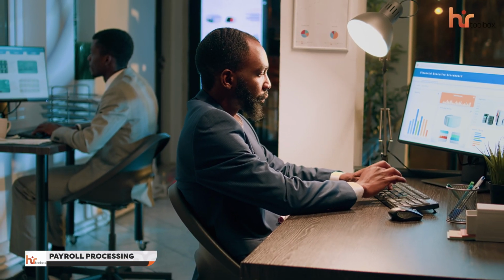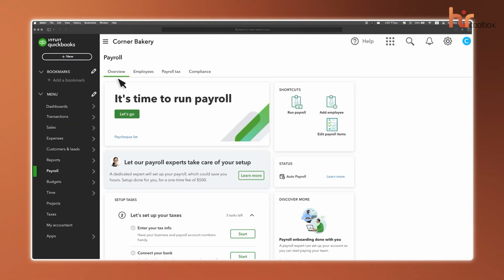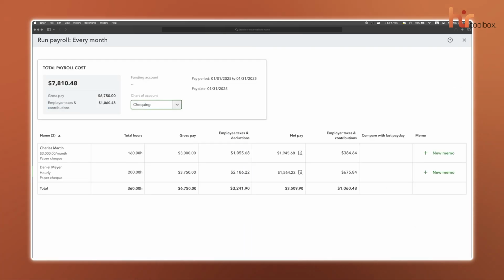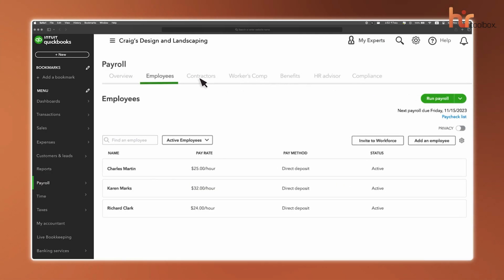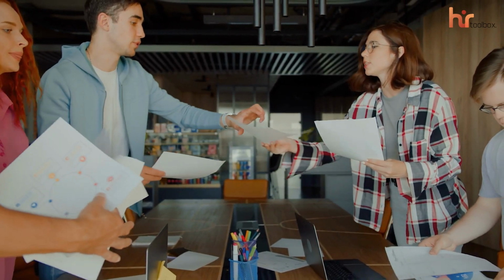Now, the payroll processing. In this particular area, we must say QuickBooks Online clearly takes the lead. It offers a built-in payroll system that works in all 50 US states. You can easily calculate salaries, handle deductions, pay taxes automatically, and set up direct deposits, all without needing any extra tools. Since it's part of the QuickBooks ecosystem, everything connects smoothly, including tax filings and year-end forms like W-2s and 1099s. Whether you have a few employees or a growing team, it's built to scale and saves tons of time